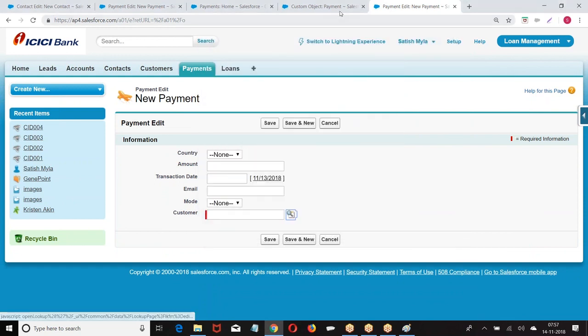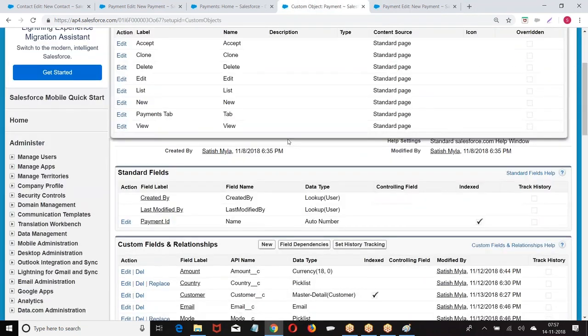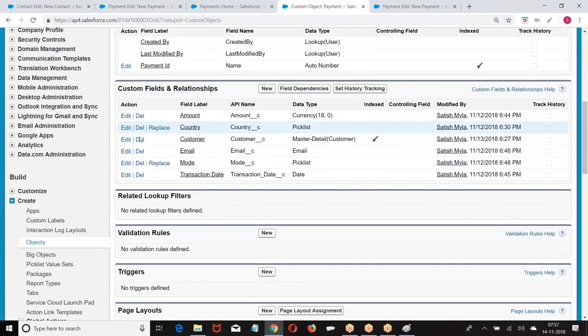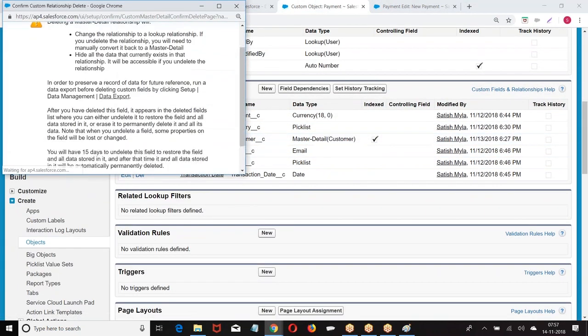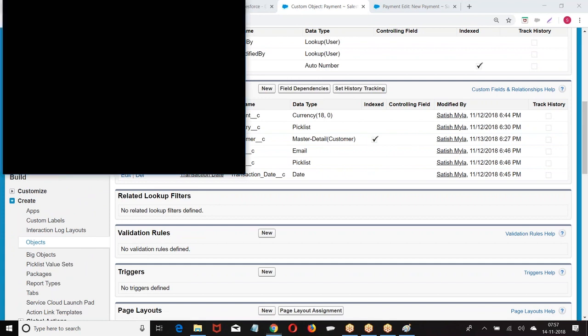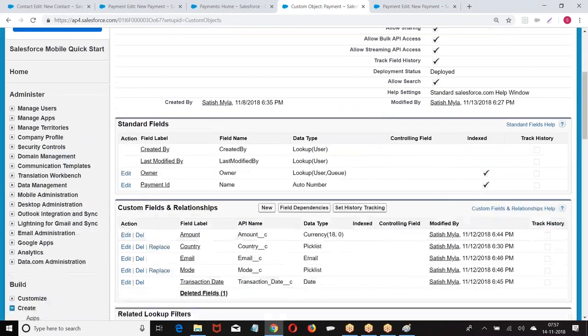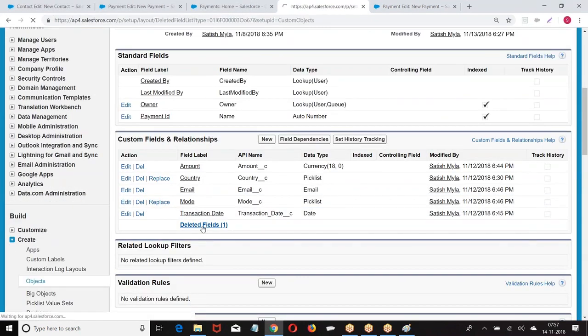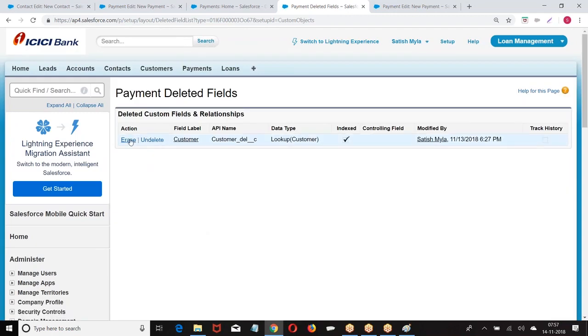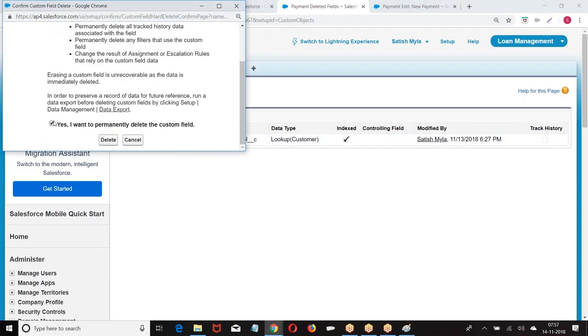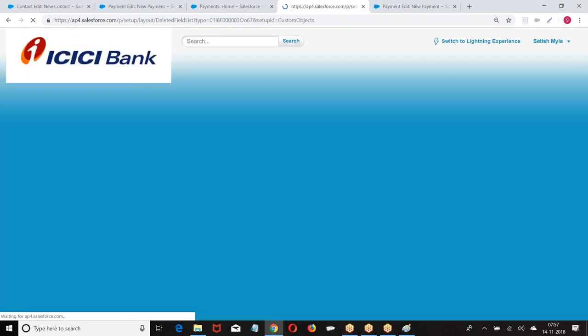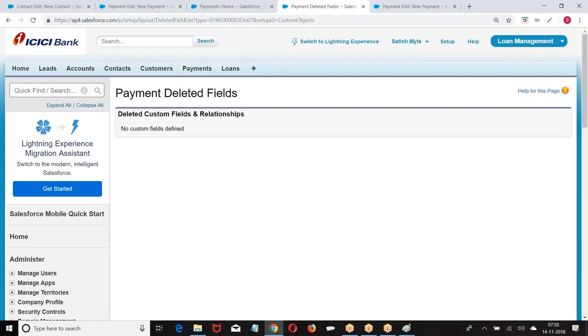So at the time of creating a master detail field, I have to tell, I'm just removing it. So what are the 2 points you have seen? Allow reparenting and lookup. Again, I'll come back to creation. There is one more option.